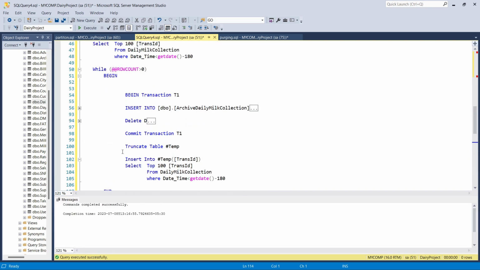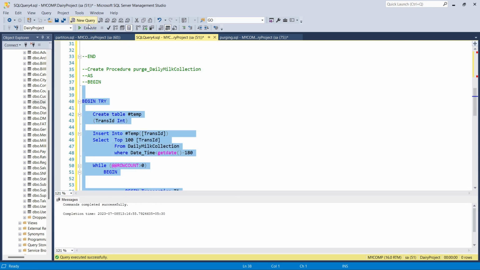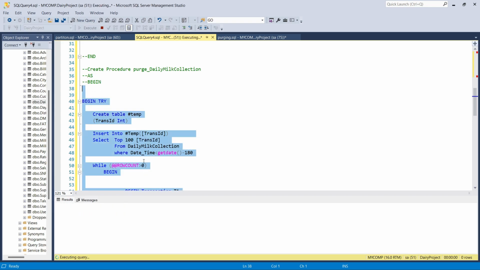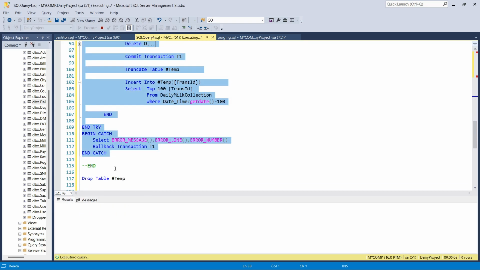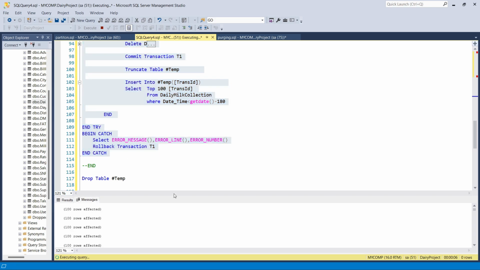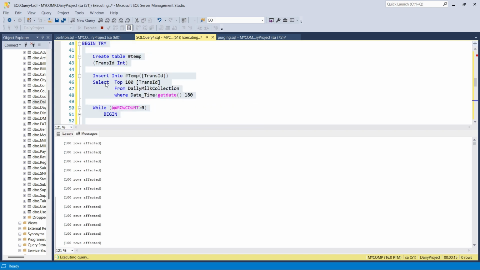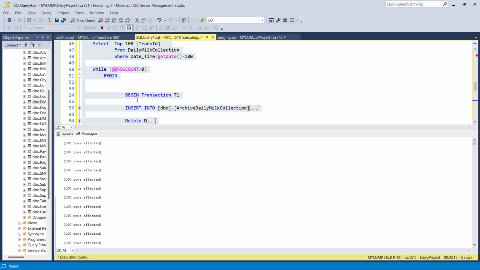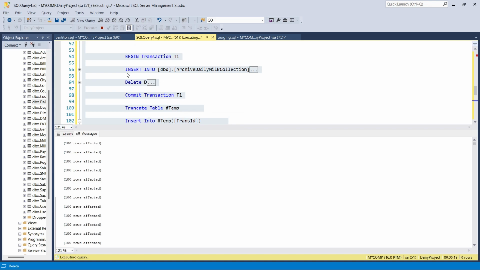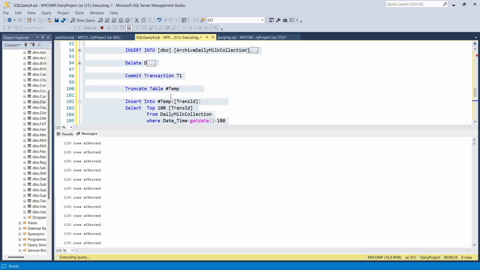Execute the code means from BEGIN TRY, END TRY, and BEGIN CATCH and END CATCH. Correct. Or you can execute the proc as well. And if you see the message, there are 100 rows affected, 100 rows affected, based on first inserting 100 records, then inserting into the archive table, then deleting from the daily mail collection,